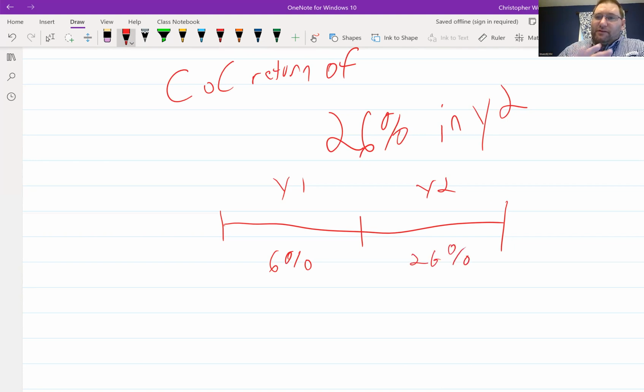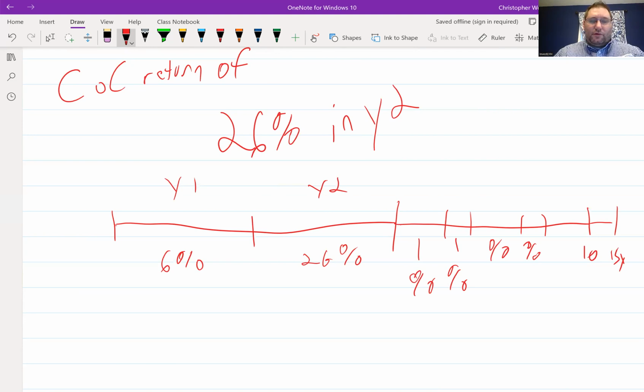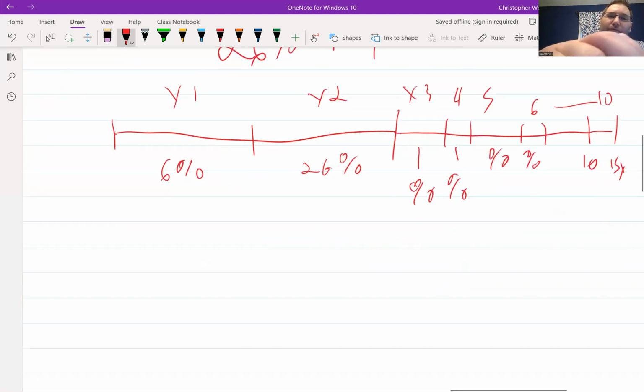Okay, this is the critical point, because if you're an investor, you generally are going to hold it for at least a 10 or 15-year period. So what are those incremental increases, we call them marginal in economics, for each time that you go through it? So for year 3, 4, 5, 6, etc., to 10. That is the true power of real estate, the timeline from when you purchase